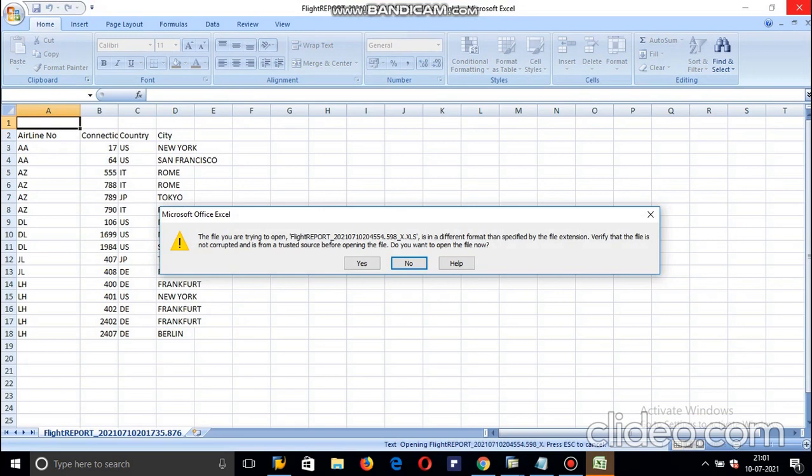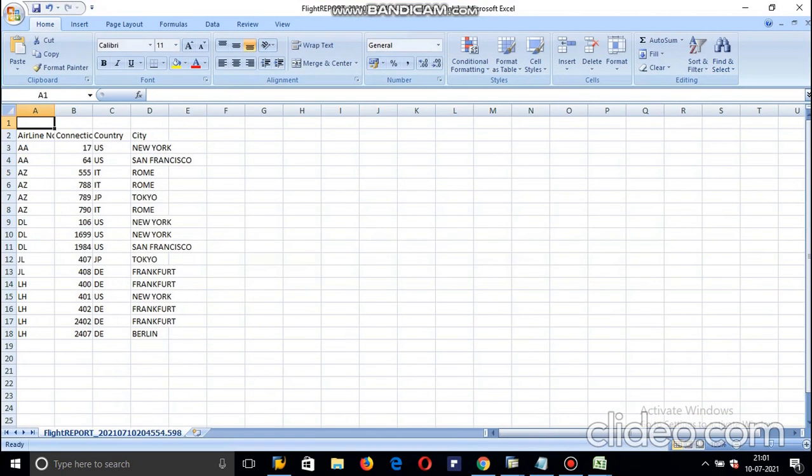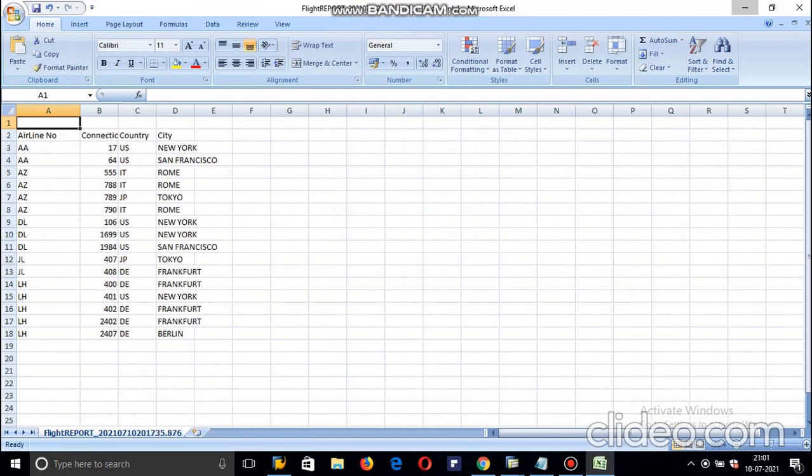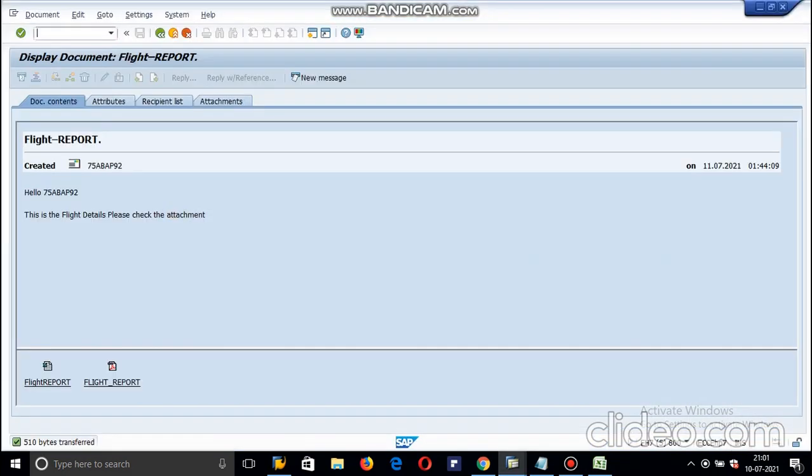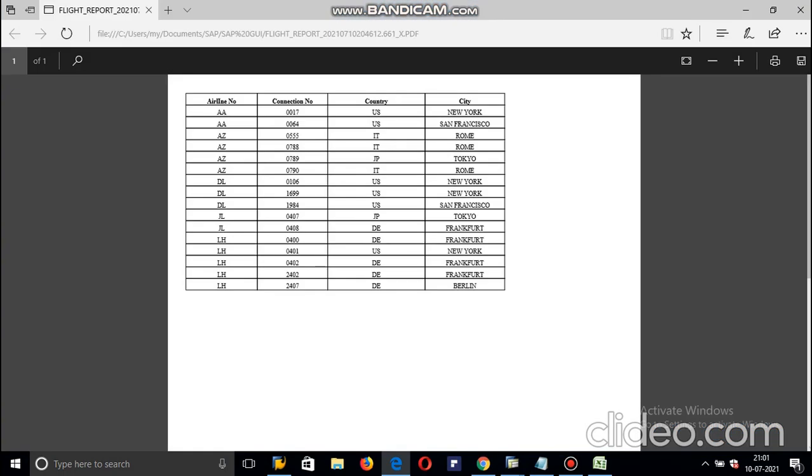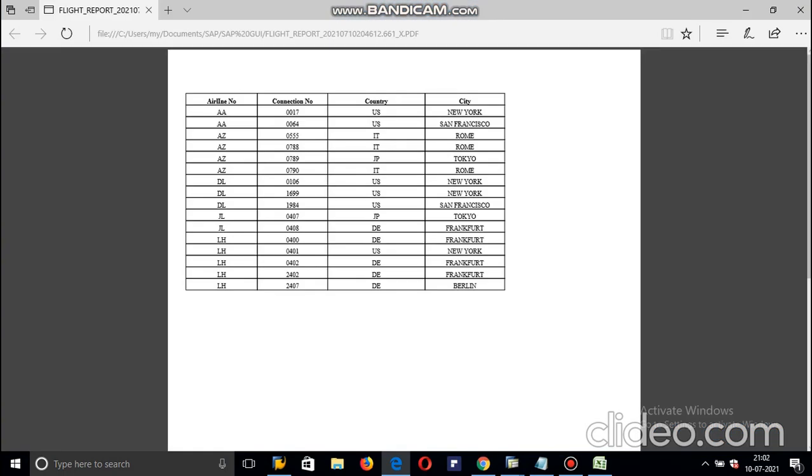Here also in the PDF it will create that. One minute, I'm just going to show another PDF for that. Okay, so this is a PDF. You can see the same thing is coming, which is coming from the smart form. That's all. We can send multiple attachments.